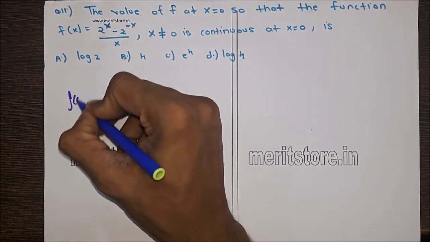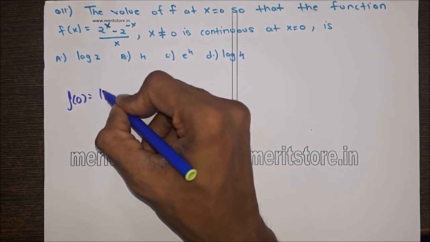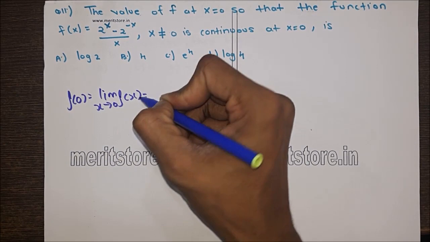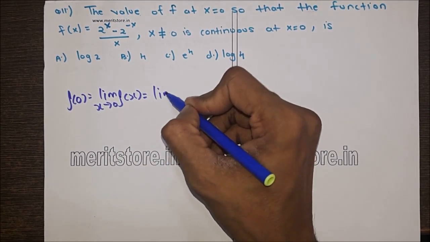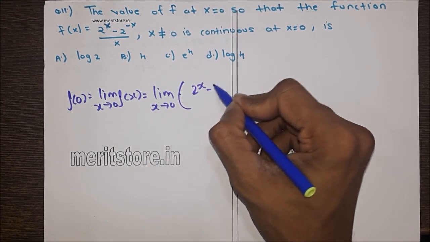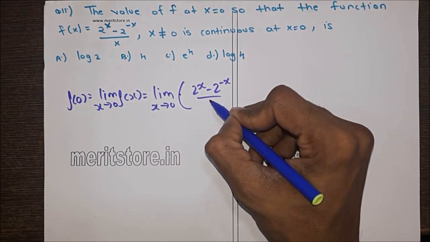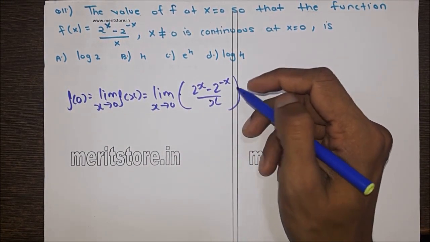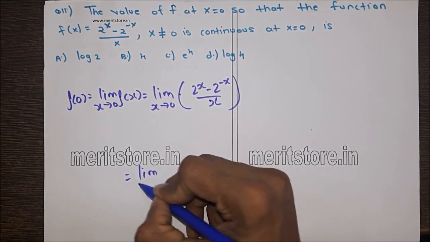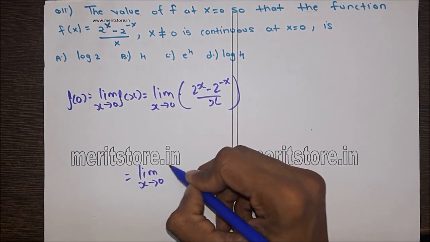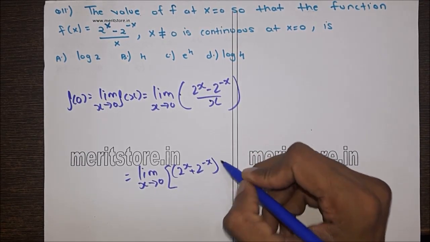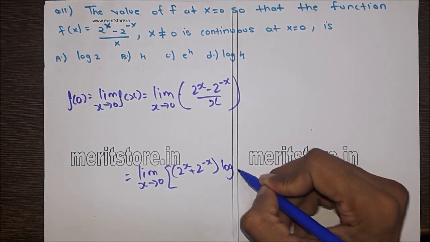We have f of 0 equal to limit x approaches to 0, f of x equal to limit x approaches to 0, (2 raised to x minus 2 raised to minus x) upon x, which is in the 0 by 0 form, where we can write limit x approaches to 0,